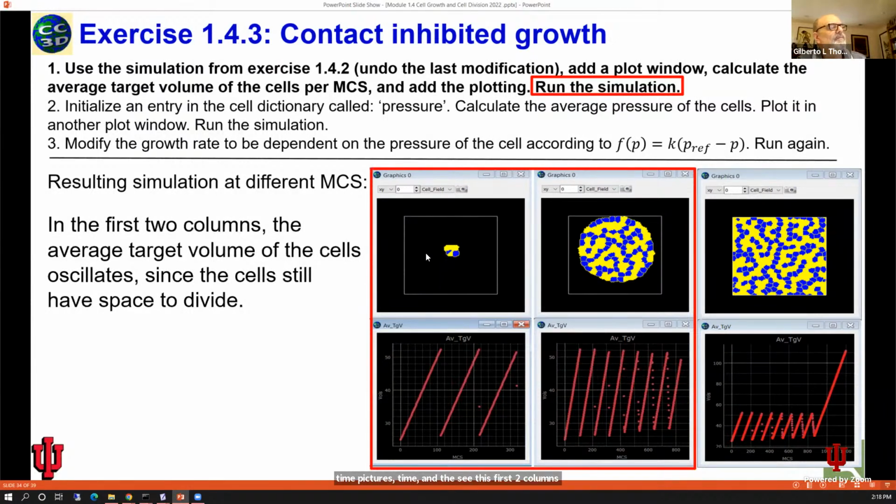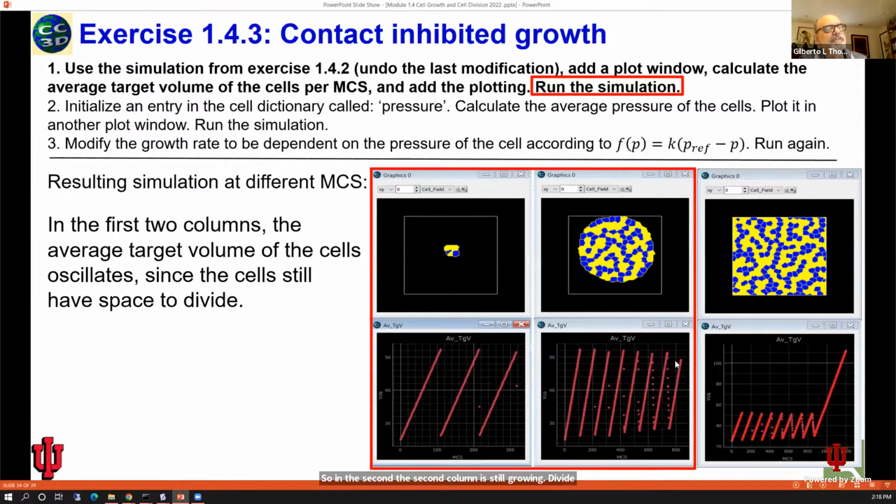I have the blob growing, and in the window for the average target volume, we have this constant growth and coming back to small values because the cells are growing, dividing for a long time. So in the second column it is still growing, dividing, but see